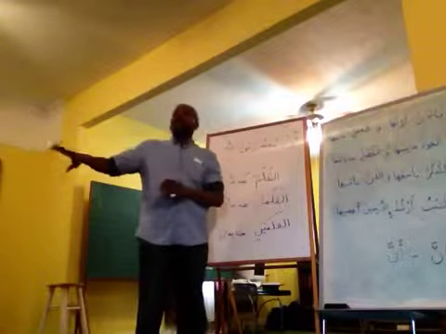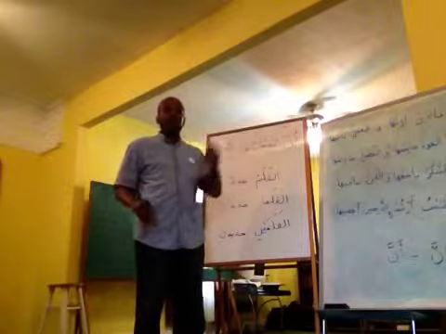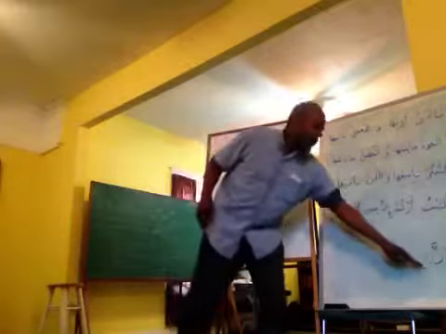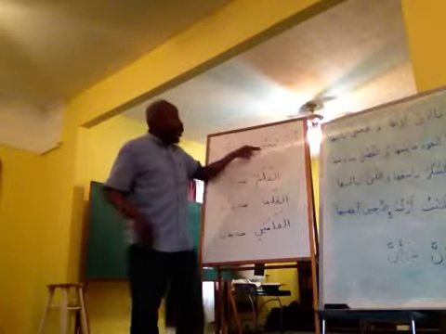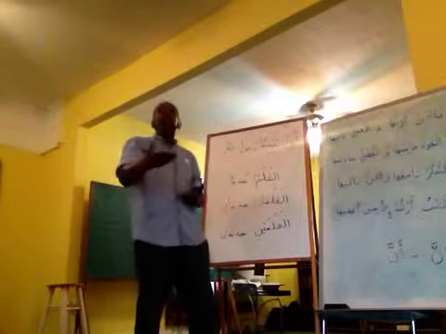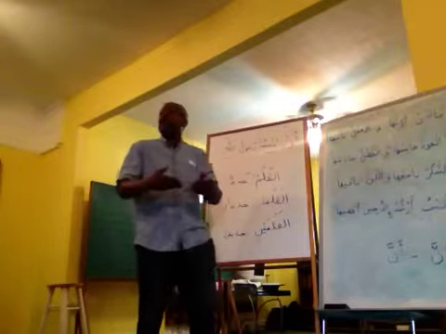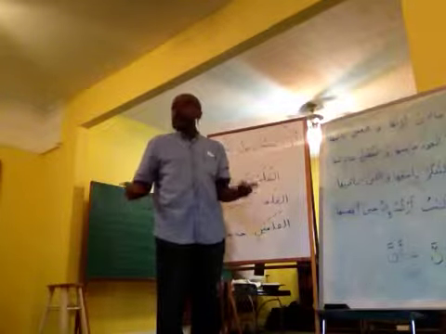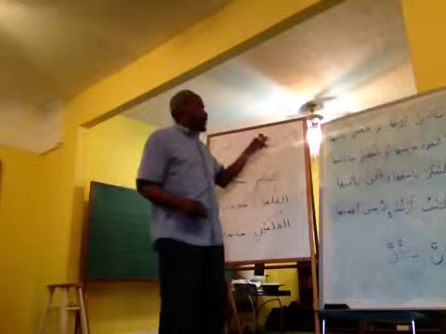We already know the rule, the i'rab of mubtada and khabar. Both of them are marfu'. Okay? If you put inna or anna into your sentence, we can't call this mubtada now. What do we call it now? Ismu inna, ismu anna, depending on what particle is being used. And as a result of that, the i'rab also changed. It's not marfu anymore. What's the i'rab? It's now mansub, with fatha.